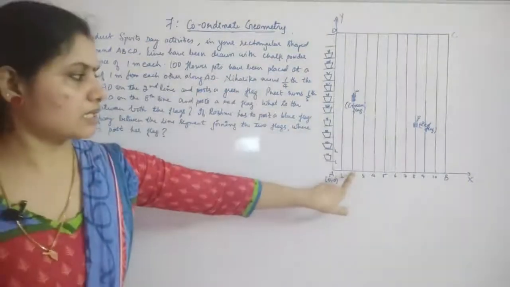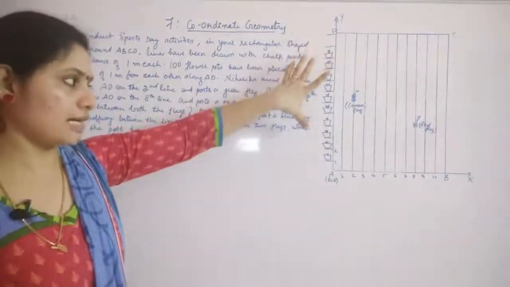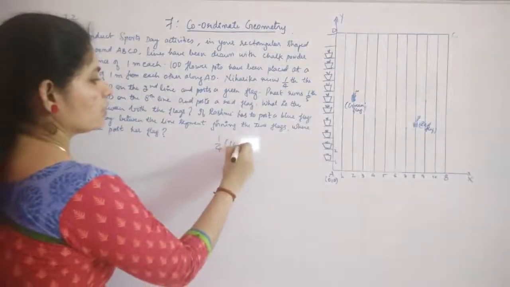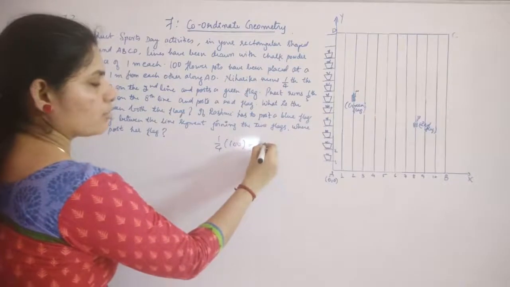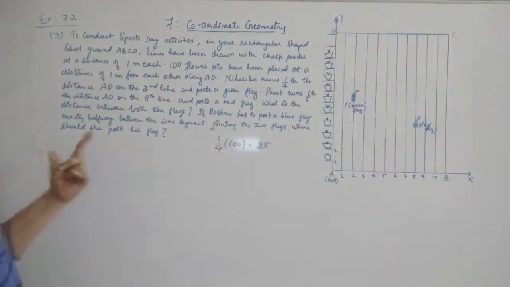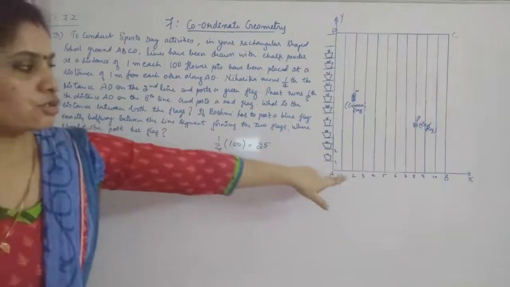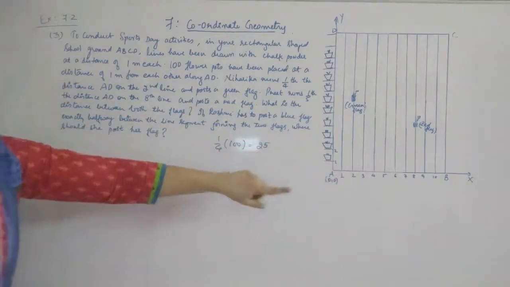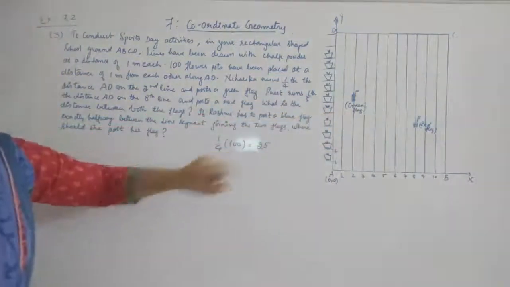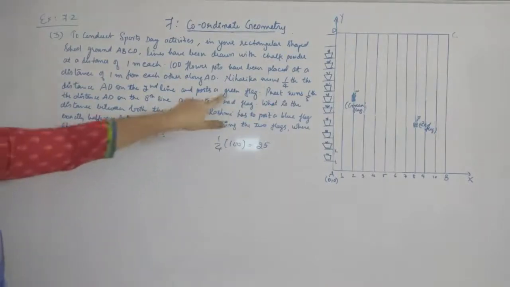So second line means here, and 1/4 distance of the total AD means AD is 100 meters. So 1/4 of 100 will give you how much? It is 25. So you can write the coordinate of the green flag will be 2, 25. On the x axis you have 2 here, and the other thing, this position will give you 25 meters. So it is 2, 25, the coordinate of the green flag.